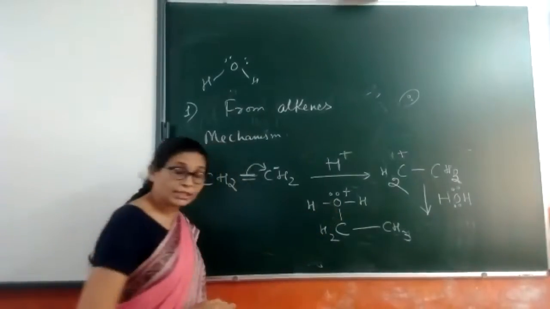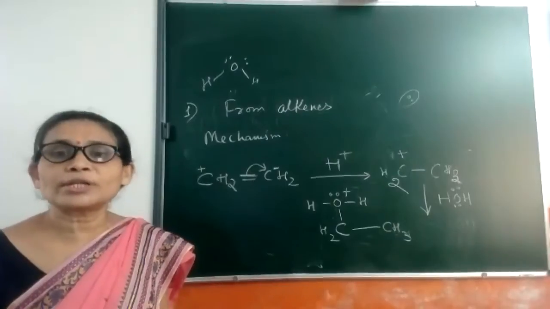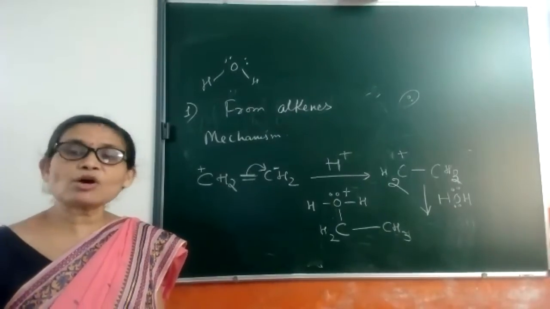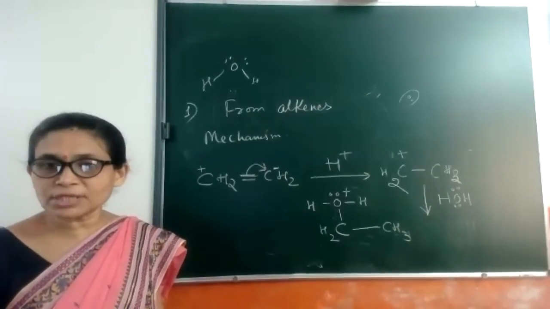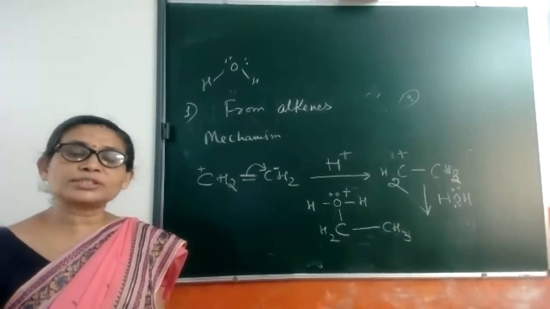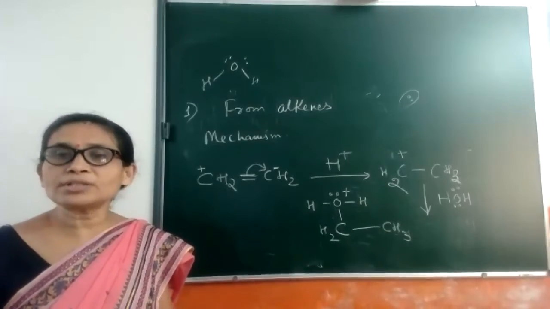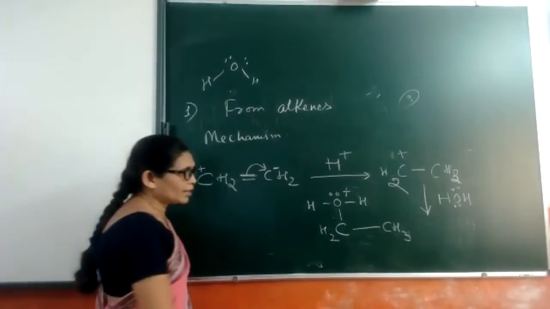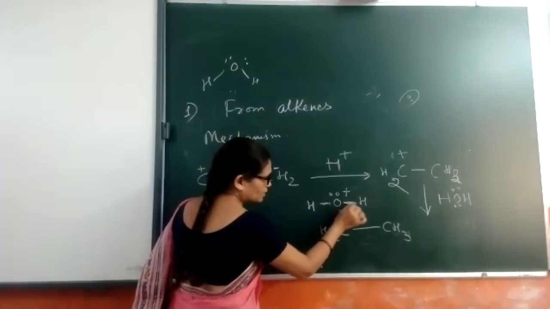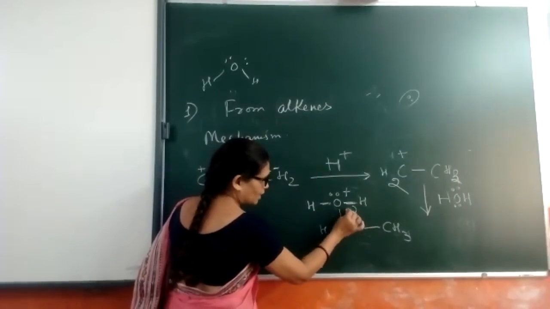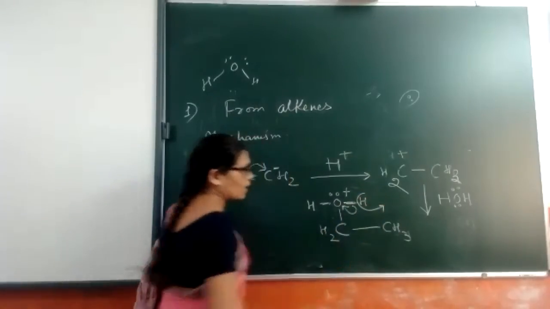And oxygen is highly electronegative. It can't tolerate a positive charge on it. So whenever oxygen shows 3 bonds with 1 lone pair and 1 positive charge, oxygen will always try to remove its positive charge. How? By gaining electrons. From where will it gain electrons? It will break either this bond or this bond. Suppose it is breaking this bond, it takes its electron pair and this H plus ion goes out.